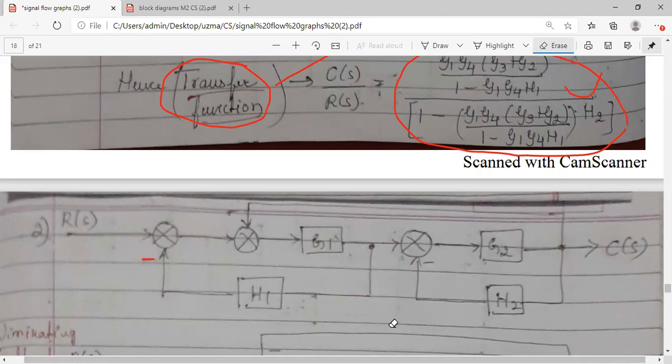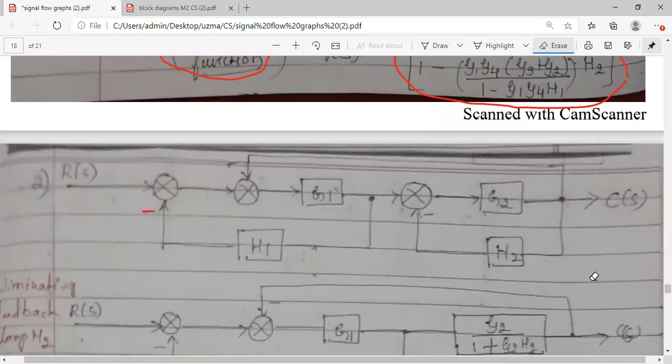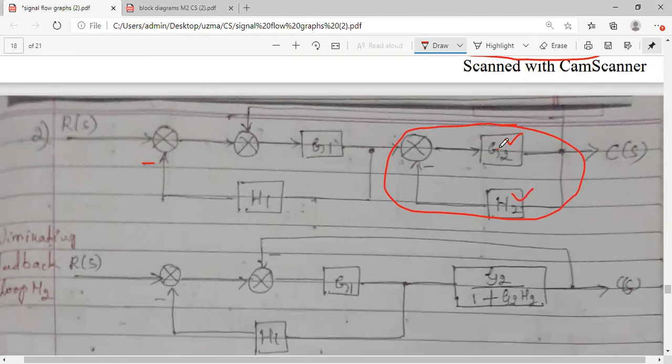Which part should I do first? It's up to you what you want to do. I have applied the elimination of the loop first. You can see here there is a feedback path. G2 is the forward gain, H2 is the feedback gain. So if you reduce this, in the numerator your forward gain will come divided by 1, it is negative feedback so plus will come, the opposite, 1 plus G2 into H2. So you have eliminated this complete loop and converted it to a single block.